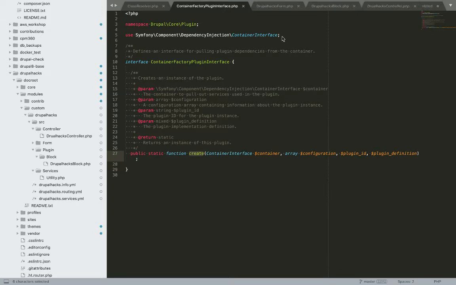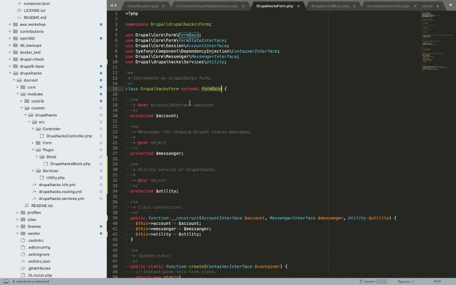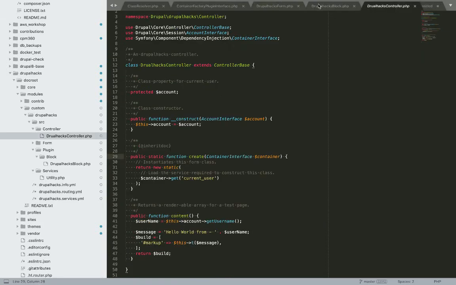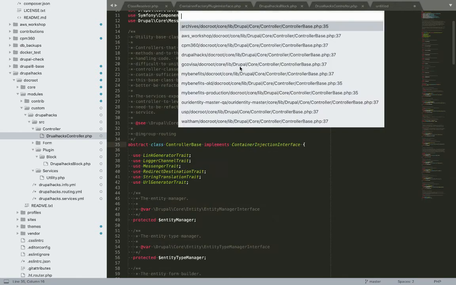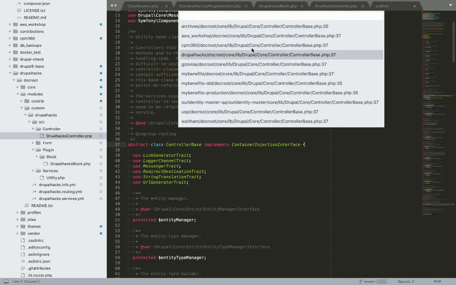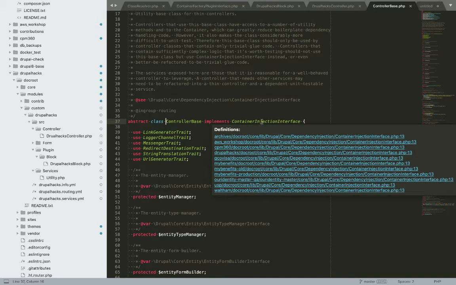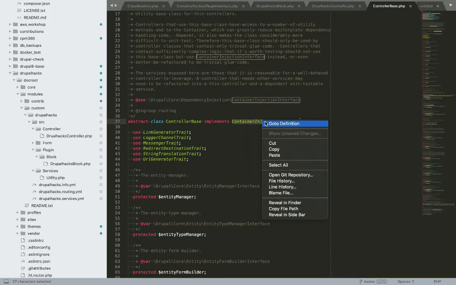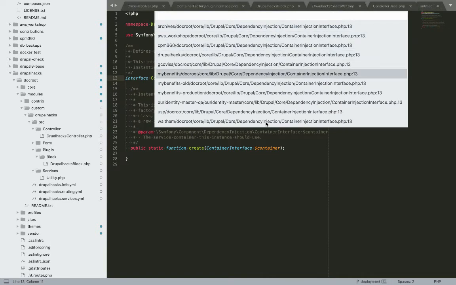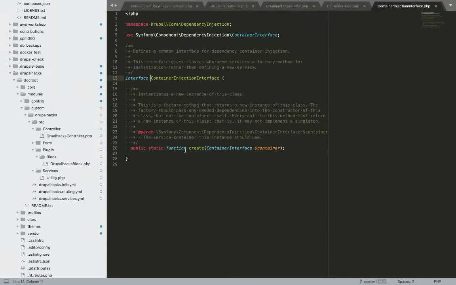In case of controllers, when we extend form base or controller base, we are indirectly calling that service. If we go to that definition, we are calling the inject service called container inject service, which is again calling our create factory method.